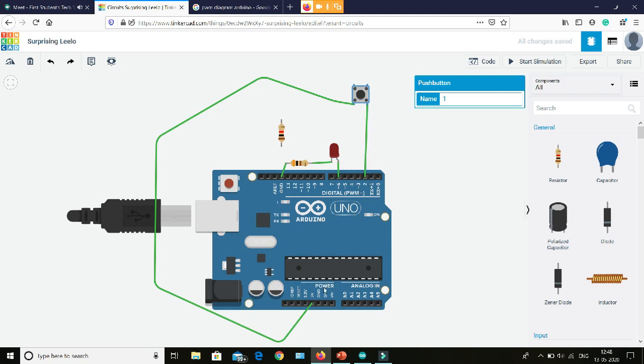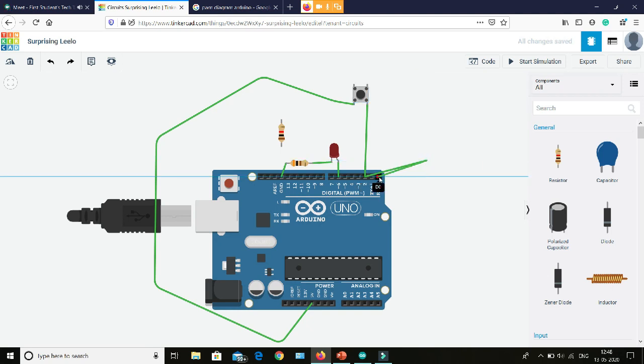So it will read random values, and we don't want it to read any random value. We want that whenever we press it, it gets digital 1, and whenever we release it, we don't press it, we get 0. So whenever we don't press it, we have to connect it to the ground. So we are connecting the second terminal of the push button to the ground using a pull-up resistor.